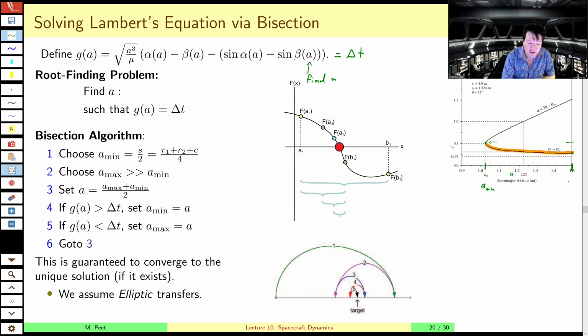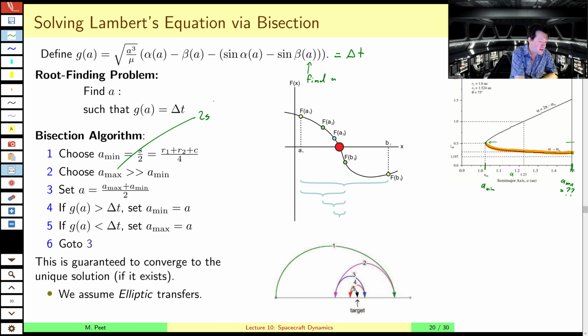We don't really have an A max, because remember, this arc can go all the way out to infinity for the parabolic orbit. So we can't technically have an A max, but we can just choose one relatively large. I don't think it says here, but I typically choose 2s to be A max. And then the first step, when you've chosen your A max,